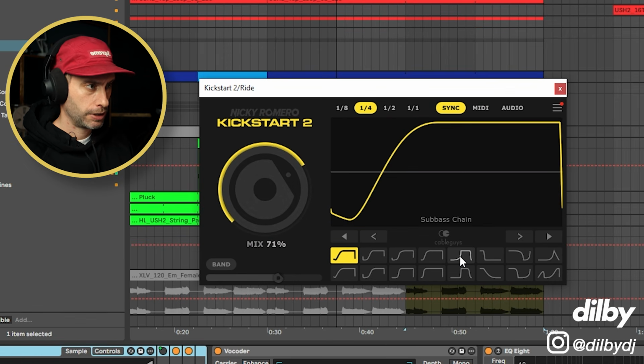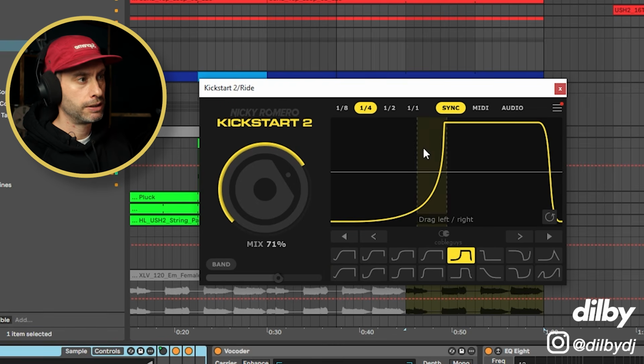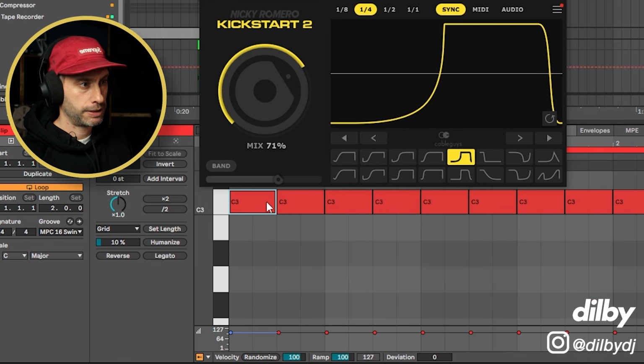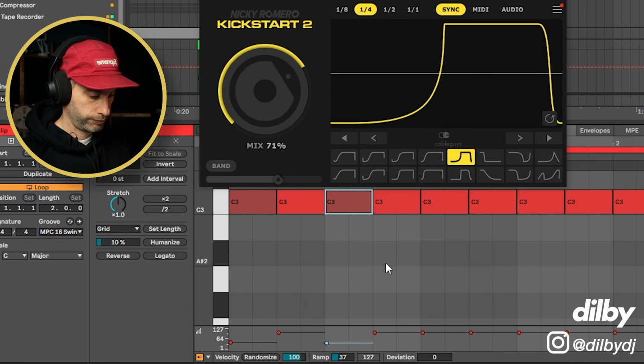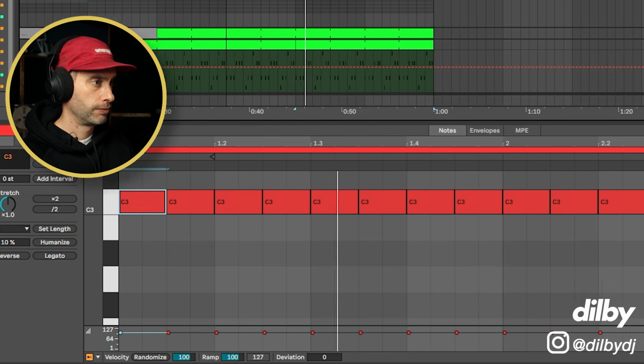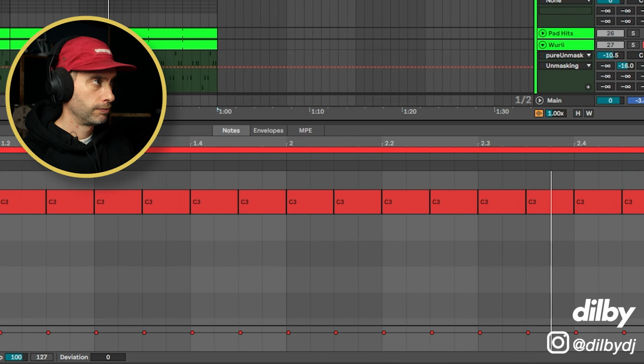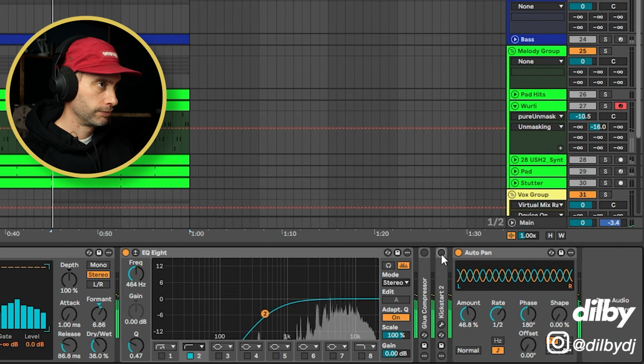So I'm going to use this one, called sub-bass chain, which is set to quarter notes. So halfway is an eighth note. So it's kind of like ducking out the first eighth note, and this is going to give the effect of the first one of these rides playing quieter, basically like this. Instead of